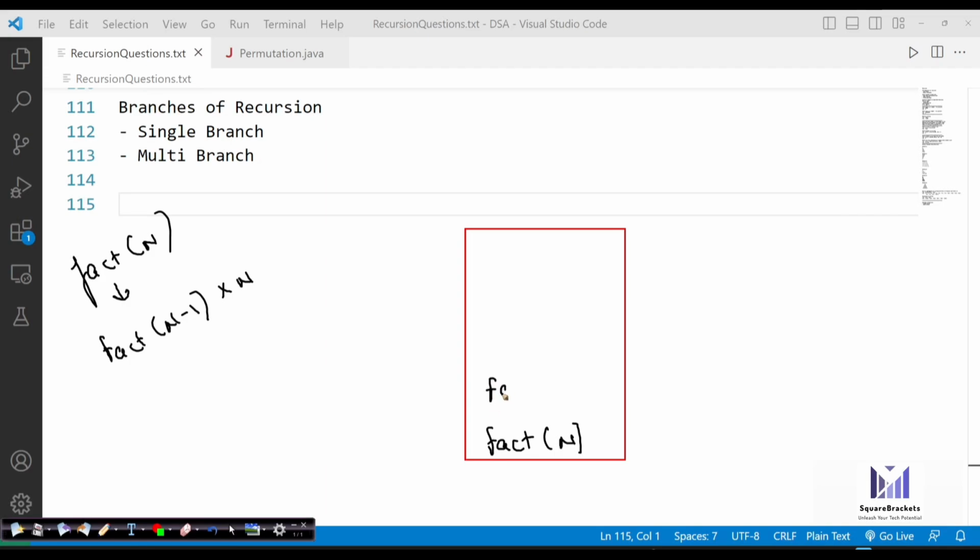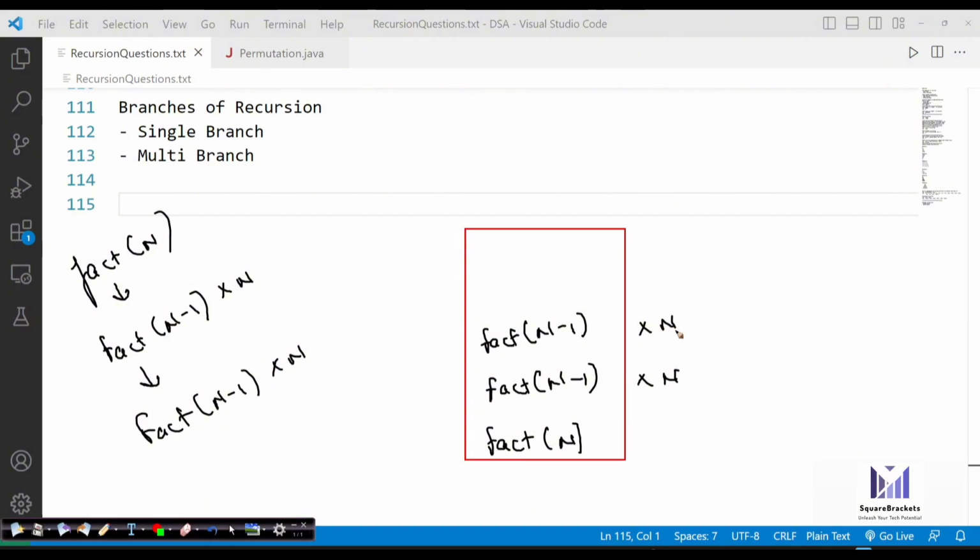So in our stack it goes fact n minus 1 into n, then keeps on going inside the stack like this. It keeps on doing this, and once the stack is full, like we reach our base case, then it starts doing the fallback part. So this is what single branch recursion looks like.